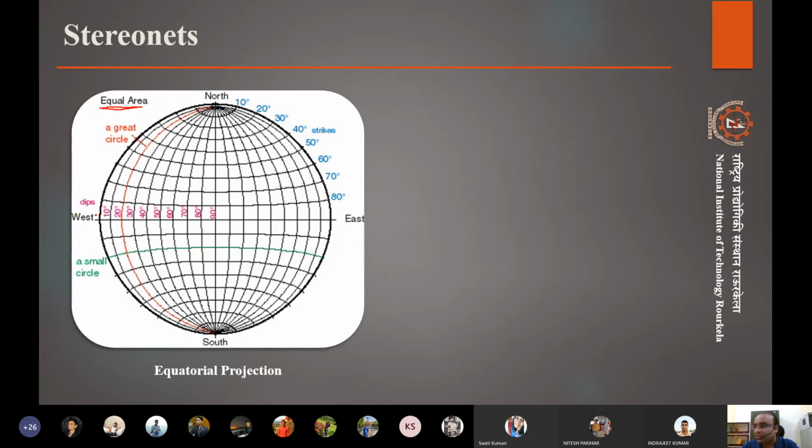So from east, if this is the 0 degree, these can be 10, 20, 30, 40, 50, 60, and so on till 90. So what this arc basically represents is a plane that has its strike in the north-south direction, right? And that is cutting or intersecting the hypothetical reference sphere at this point of projection, right? So 20-degree projection basically represents here. So a 20-degree dip angle, quite flat, would have been represented here.